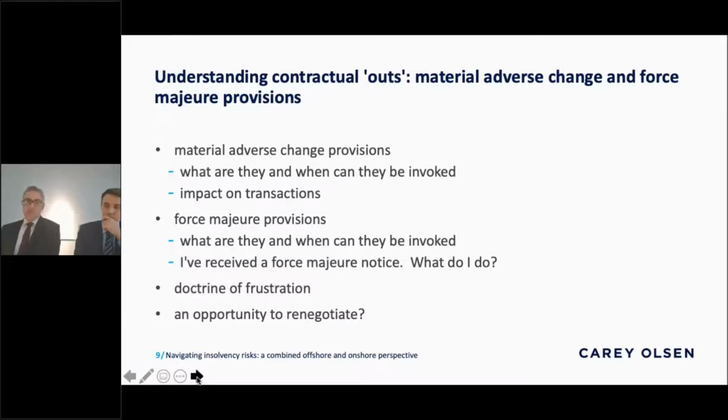The objective approach is much more common though in acquisition agreements. And if the provision is silent as to whether the occurrence of the event is to be determined subjectively or objectively, then by default an objective test will be applied. In terms of the impact on transactions, if validly invoked, the effect of a MAC provision or an event of default in a financing arrangement is to terminate the transaction, accelerate the payment on a loan agreement, or to act as a draw stop to stop a lender's obligation to loan funds. So on their face, these are very useful provisions for lenders and for buyers, but they're also somewhat fraught as their interpretation can be very uncertain and the consequences of improperly invoking the provisions can be quite severe.